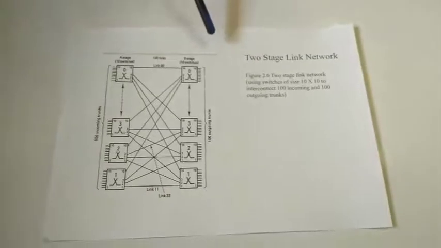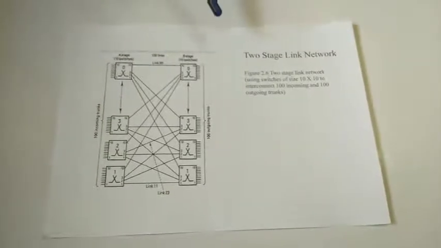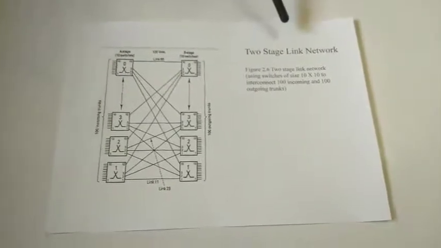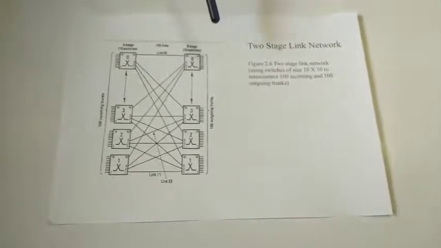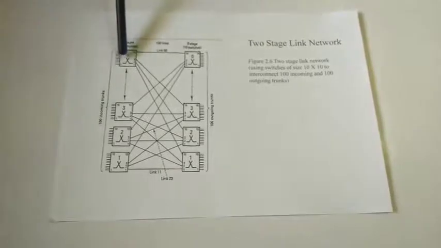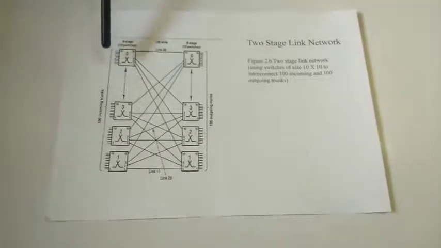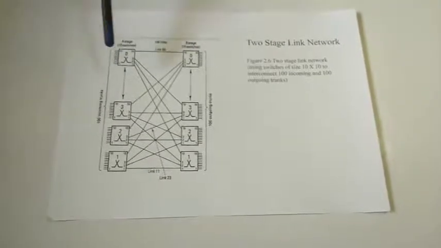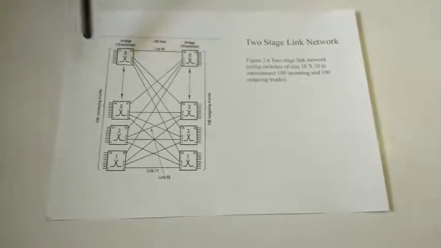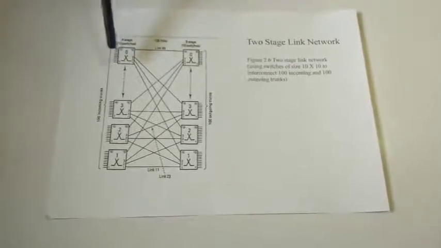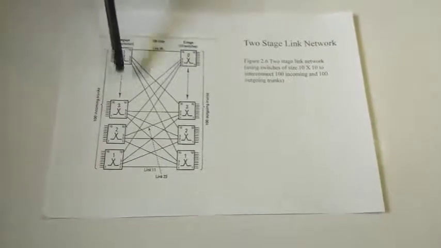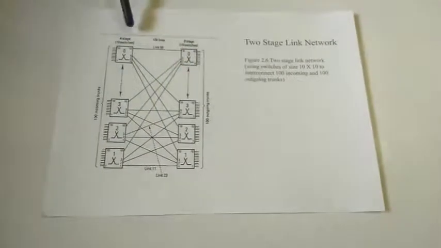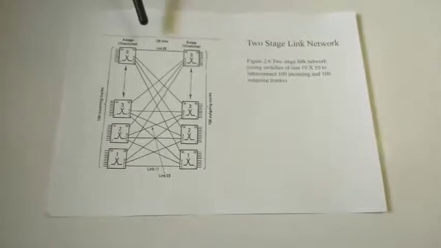You will get a most expected question in the question paper: explain the two-stage link network. Earlier we showed a crossbar system. A crossbar switch has the capacity to connect 10 switches to another 10 switches. It can be used in place of a two-motion selector also. If you want a number of connections connected to the exchange, you need to increase the group of selectors. Here we have selected a two-stage link network.